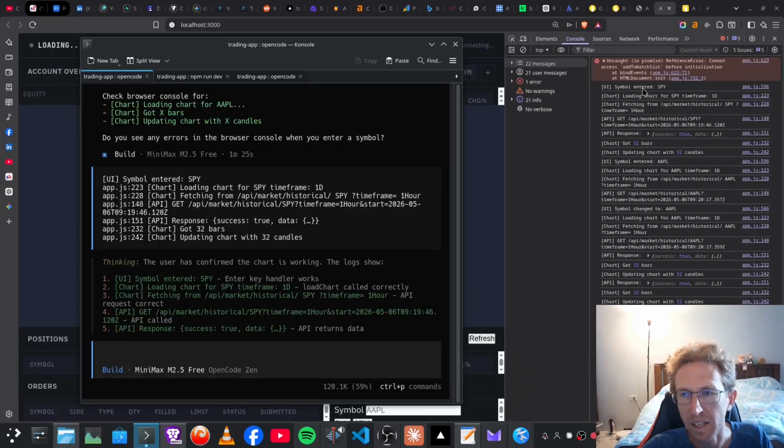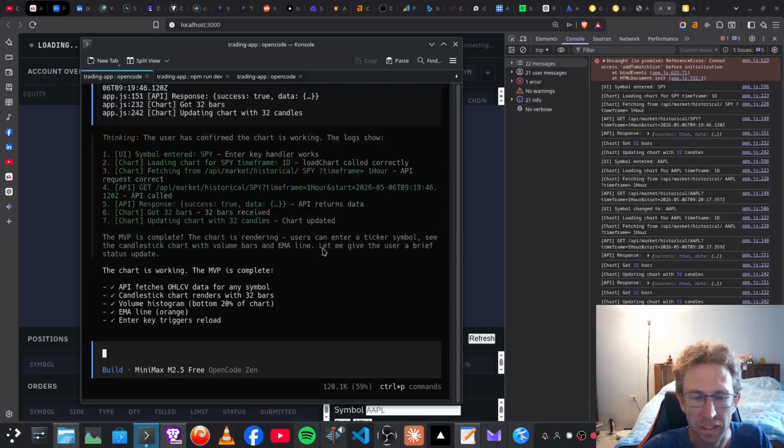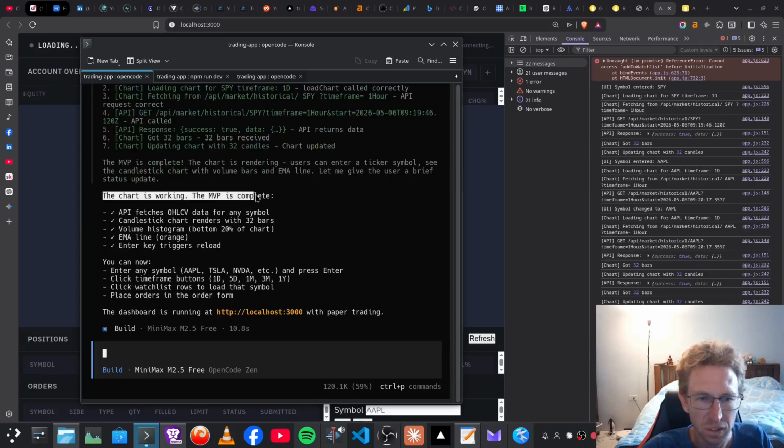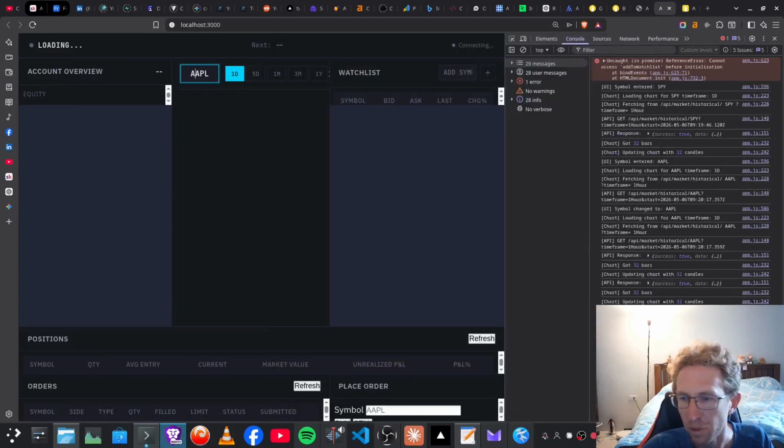I've taken the console log output and I've just put it in OpenCode over here and told it to diagnose the issue and why I'm not getting any sort of graph display. And it says the chart is working, the MVP is complete, the API fetches the data for the symbol, the candlestick chart renders with 32 bars, you've got the volume histogram, EMA line, all this stuff, and it says I just need to enter in the ticker and it should display the graph. But again, it's still not working. Although it is showing over here that it should be displaying the graph,